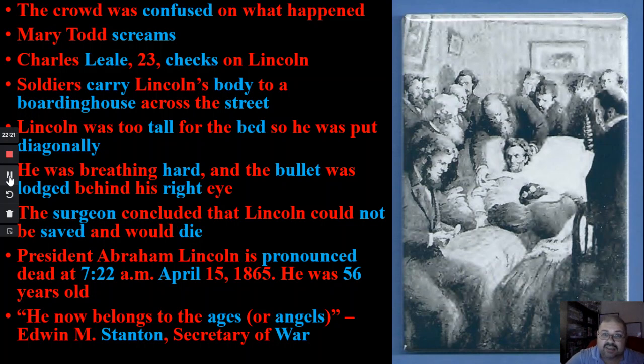Now, in the audience, there's a doctor named Charles Lee, and he runs up the stairs. He sees Lincoln hunched over, bleeding from his head. He brings him over and he looks at him, and you can see Lincoln is still alive. He's breathing hard. And so he lays him down and he's checking for vitals. While he's doing that, soldiers are coming up the stairs and they see Lee with Lincoln, and he tells them, "Guys, we need to get him out of here." So the soldiers pick him up and they're going down the stairs, carefully taking Lincoln down.